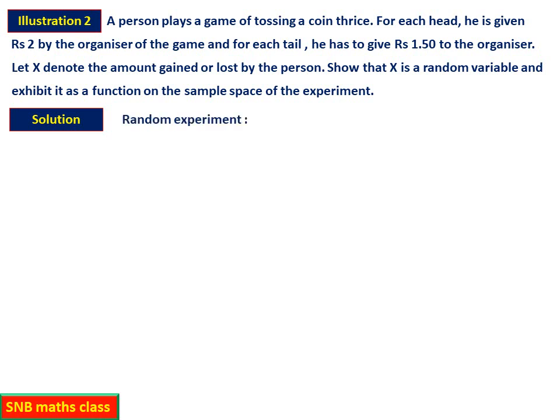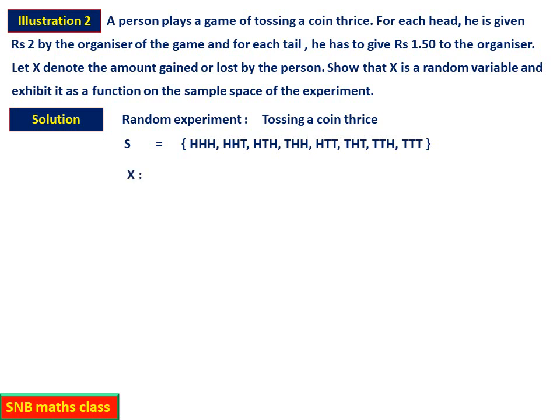Now here the random experiment is what? In any such question, first you have to identify what the random experiment is. The random experiment here is tossing a coin how many times? 3 times. So now let us write. You have to write it in a systematic way: HHH, then HHT in 3 different ways, HHT, HTH and THH, then HTT in 3 different ways, HTT, THT, TTH, then the last one is TTT, totally 8.